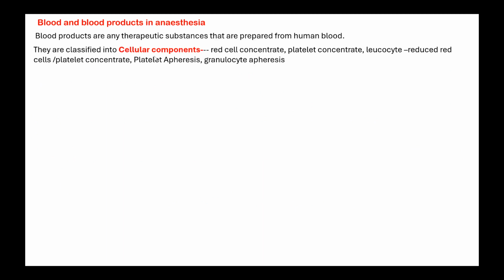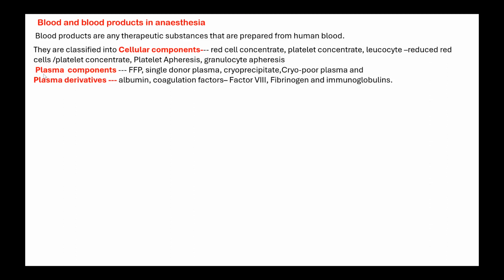They are classified into cellular components. That is the red cell concentrate, platelets, which are also cells, leukocytes, platelet apheresis, and granulocyte apheresis. These are all the cellular components of the blood which can be separated. And plasma components like FFP, single donor plasma, cryoprecipitate, cryo-poor plasma, and plasma derivatives. Even though this is part of the plasma component as described in some books, we can separate them as derivatives because